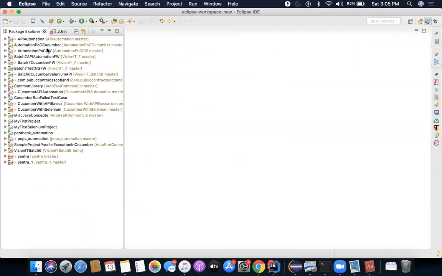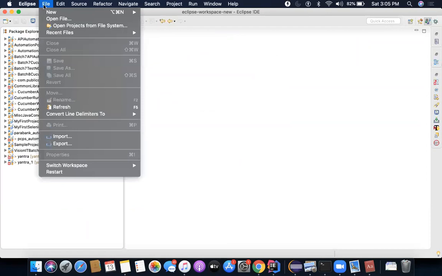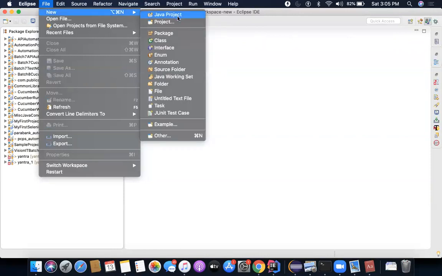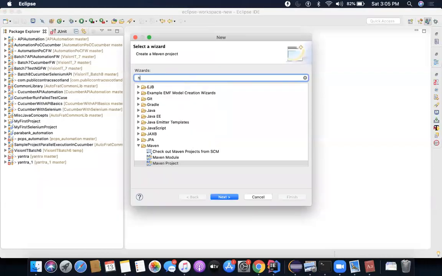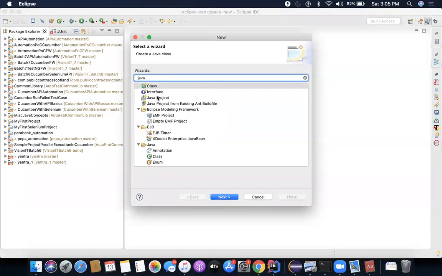So I'll repeat again. We have to first create a project. I think all of you have, because in the last classes we learned how to create a project. If you have not tried it yet, you should do it, because that's a very fundamental thing. Without that, you will not be able to create any class or objects. So first of all, we go and create a project. We go to File, New, Java Project. Always click Java Project. If you don't see Java Project here, you have to go to Other, search for Java, and click on Java Project.